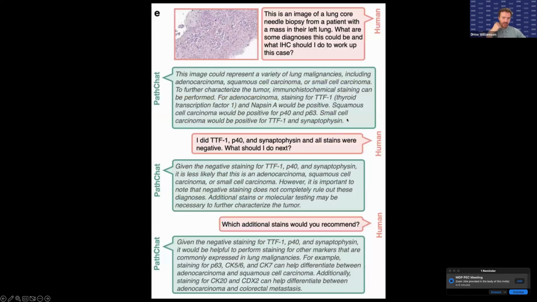And then you can have longer, more involved conversations, like having the model help you work up a case. So, here's a left lung biopsy. What do you think this is? What IHC should I order? Okay, this IHC was positive or negative. What else would you recommend? And you can even go further, and I'm not showing it here, saying, okay, what molecular alterations would you expect, and what treatment should I follow up with, and that sort of thing. And so I think it's not difficult to imagine that this sort of thing could act as a help for pathologists, or maybe,